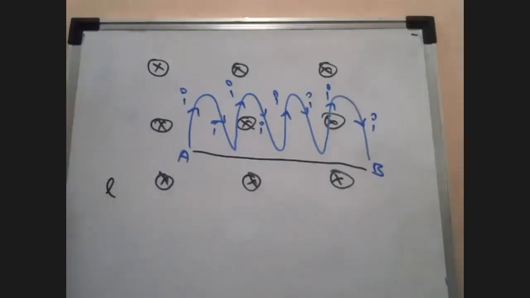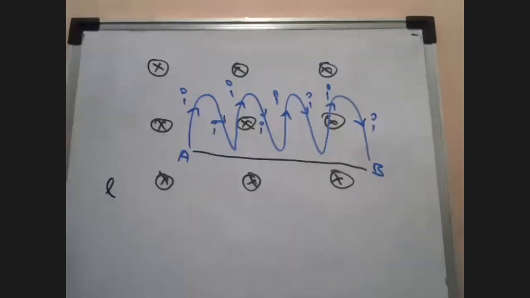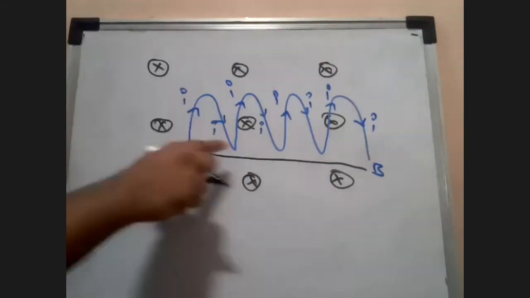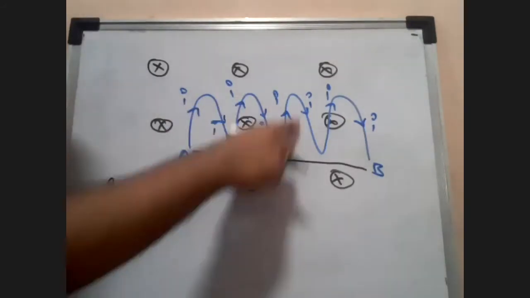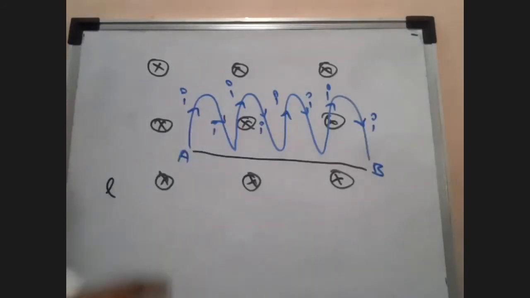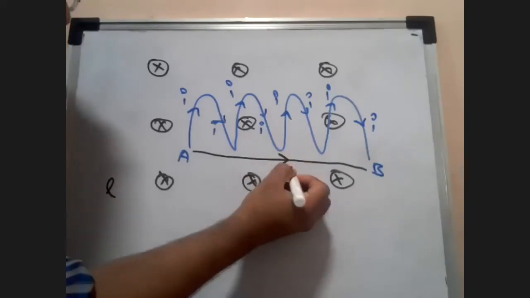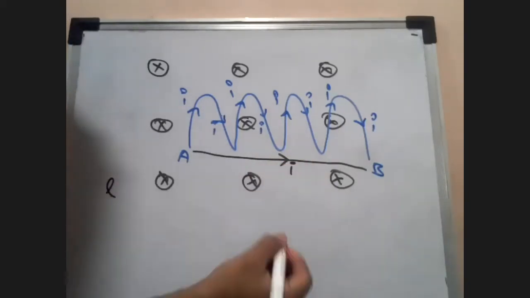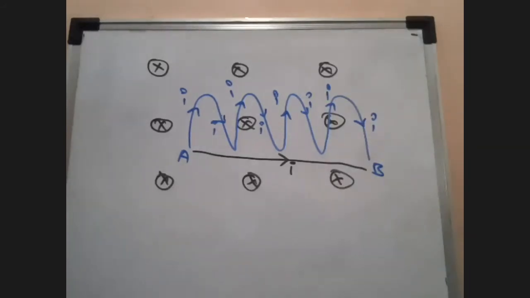Notice, students, the current is being drawn like this so that it confuses you. The current is in the same direction, so even that is important. So it's basically one current flowing through the conductor from A to B. First thing I told you is to consider the length vector A to B in the direction of the current I. Second thing I told you is to calculate the direction of the force.